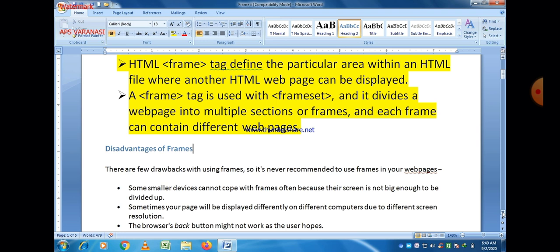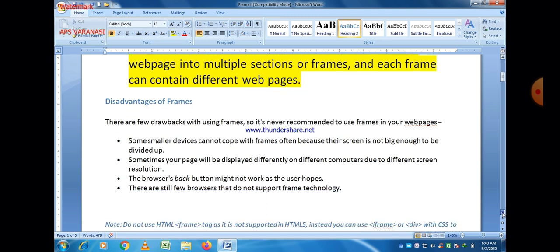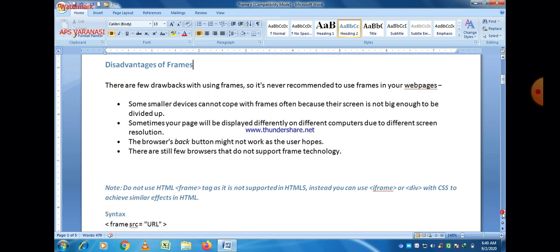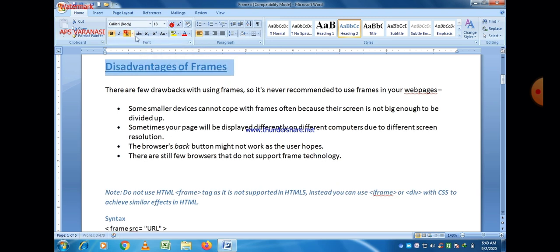These are the disadvantages of a frame. First one is some smaller devices cannot cope with frames, often because their screen is not big enough to be divided up. So frames are not suitable for small devices, and they are not able to show frames.